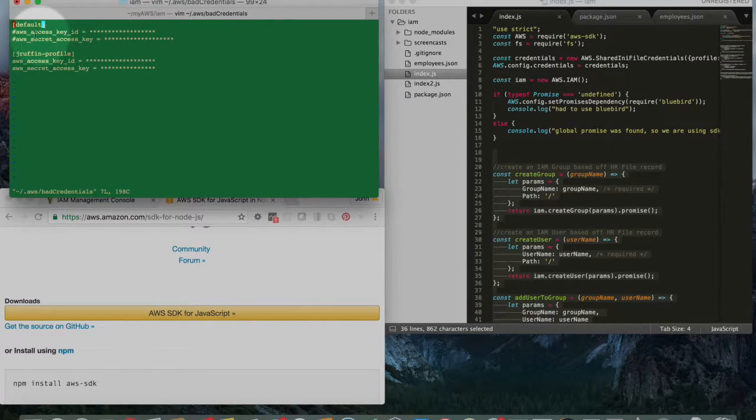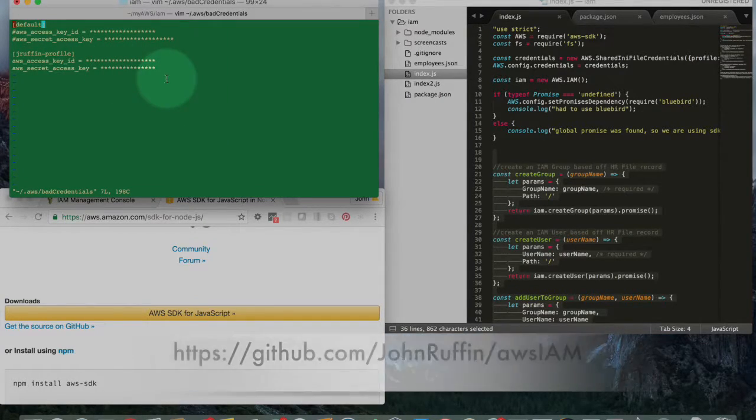to see the format. Here you have default. Now here you have a profile. So this means that you can somewhat switch between users if you like. Whichever user has this access key and secret access key, you can use this default and send requests as if you were this individual user. Or down here, this would be a different user with a different access key and secret access key. Then you can use this profile to say, oh, I want to now test the API and my code as this user right here. So if you look over here in the code,